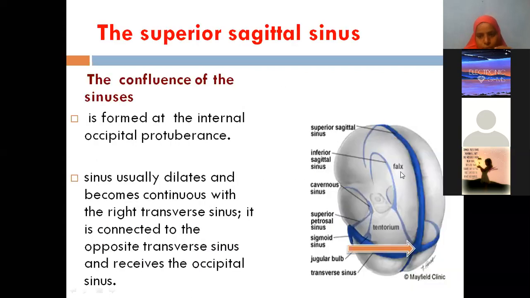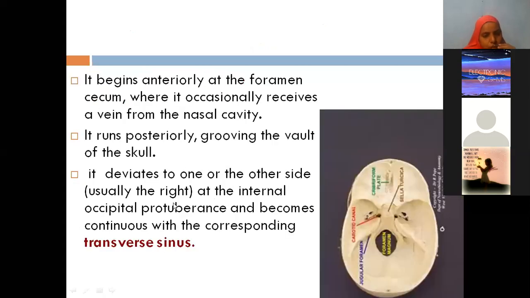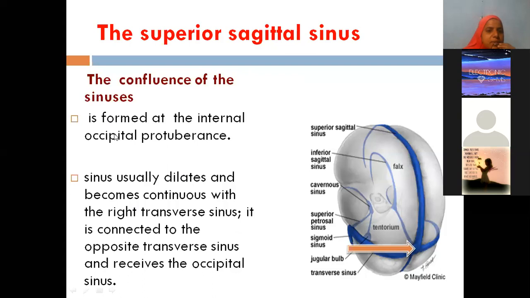Okay, suppose this is the superior sagittal sinus. Behind it becomes continuous with the transverse sinus. It's named here, you can see. See, this is the superior sagittal sinus. It will drain either into the right or left. The meeting point of superior sagittal sinus, right and left transverse sinus, inferior sagittal sinus, and occipital sinus, all sinuses meeting point is actually called the confluence of sinuses. Okay, confluence of sinuses. So the confluence is formed at the internal occipital protuberance.